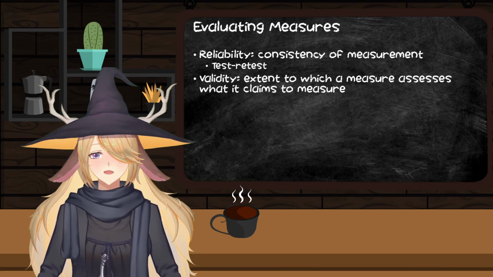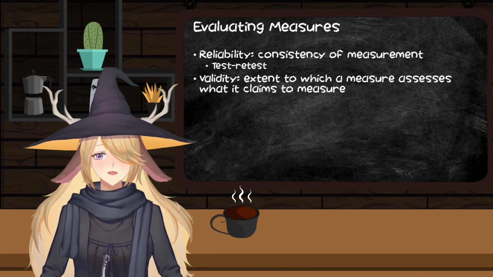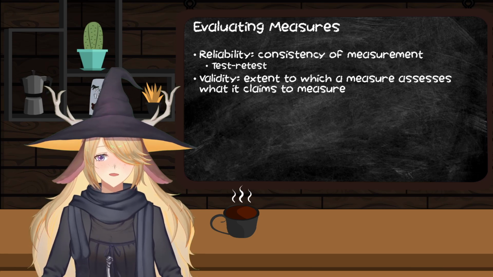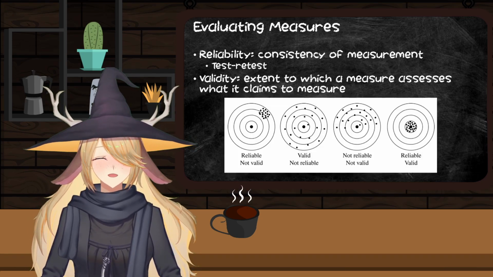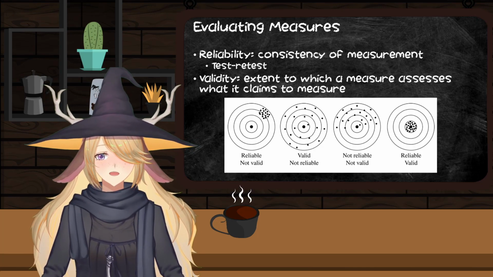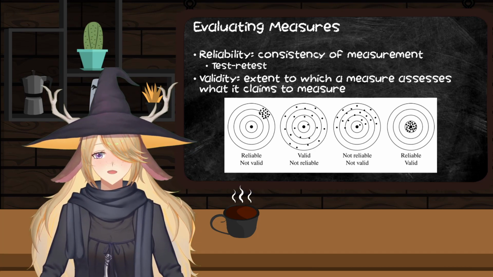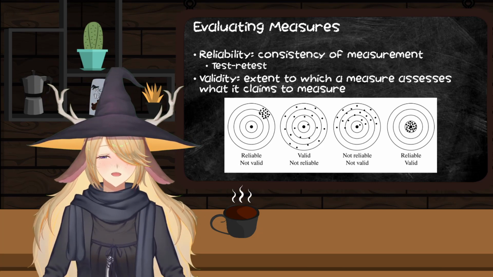So when we talk about validity, pulling this back, remember, validity is the extent to which we can say that we are measuring what we say we are measuring. Well, it turns out that you really can't be valid unless you are reliable. But you absolutely can be reliable but not be valid.